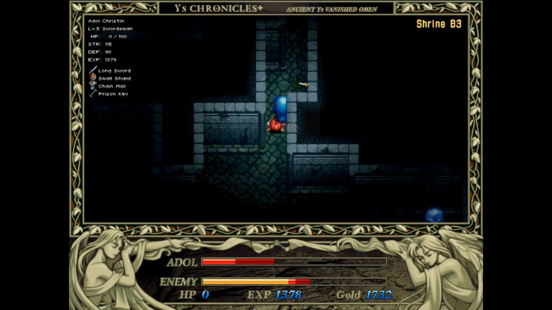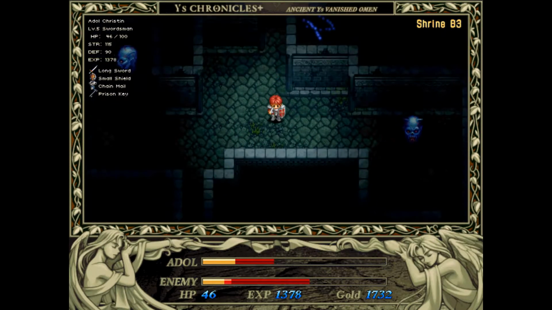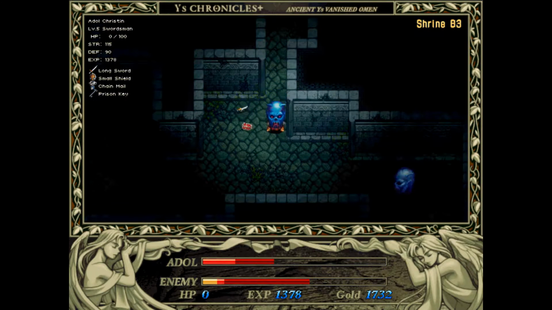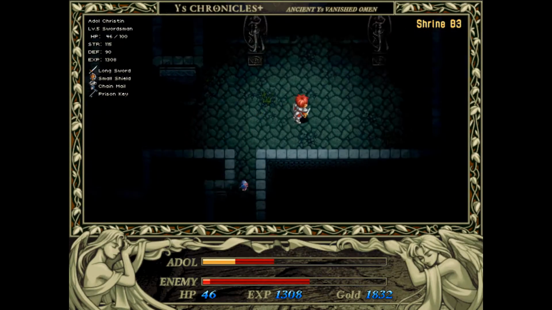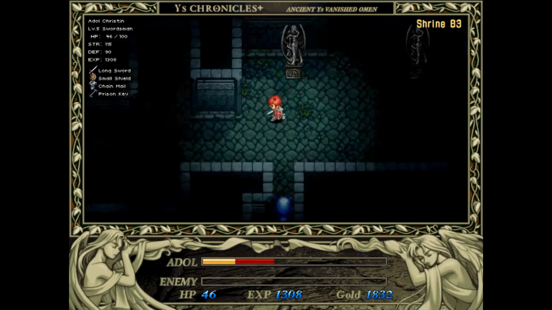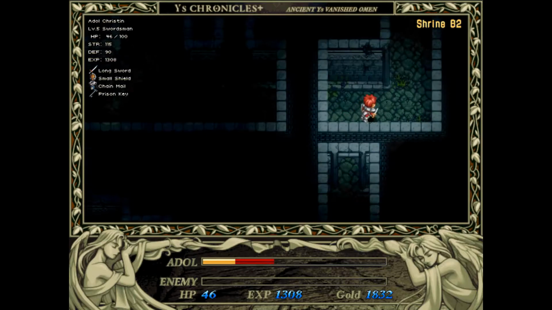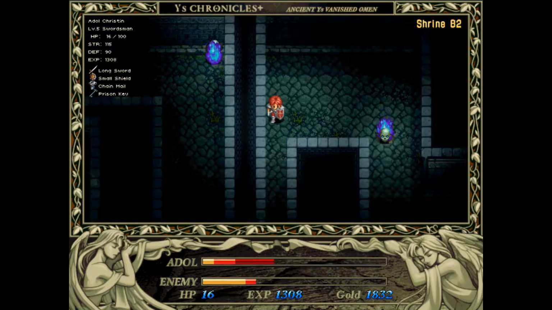I wonder how much XP these guys give. I'm gonna try, because if you stun lock them... Now it's kind of hard in these narrow hallways. They give like 70 XP? Huh. I'm trying to think, maybe we're not supposed to be here yet. These enemies seem a tad bit stronger than... well, these guys are also pretty strong, but...